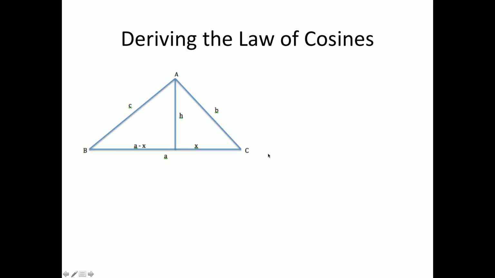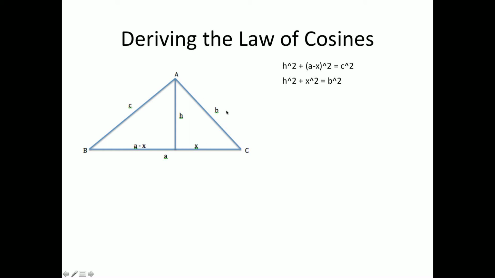So we start with this basic triangle right here. All the vertices are labeled with uppercase letters and all the sides with lowercase letters. Also we have the height put in, and we divided side a into an a minus x section and an x section. The first step is to use the Pythagorean theorem on this side of the triangle. So h squared, the height, plus (a minus x) squared, that's this piece, equals c squared. Simple Pythagorean theorem. For the second part of the triangle, we use the same thing: h squared plus x squared